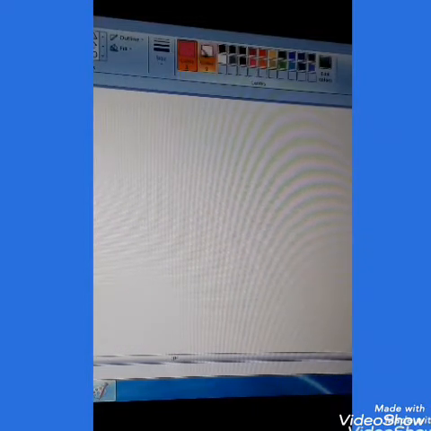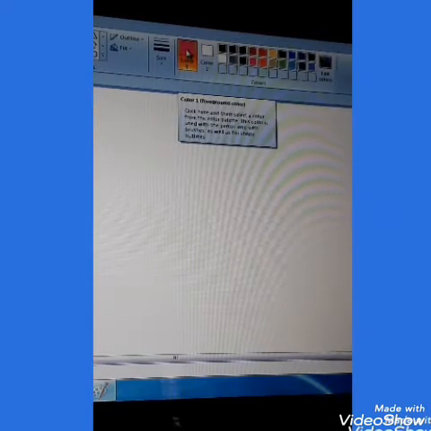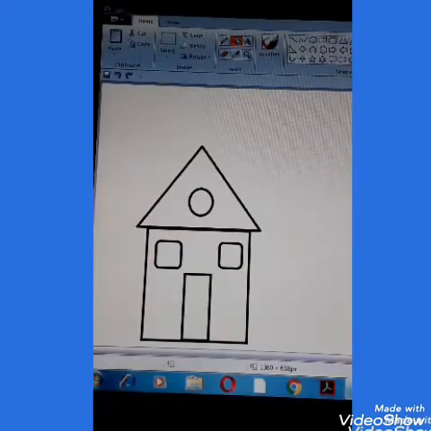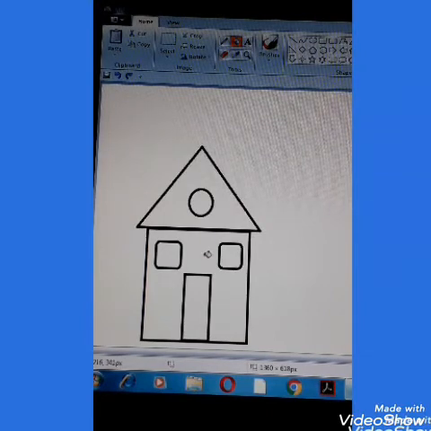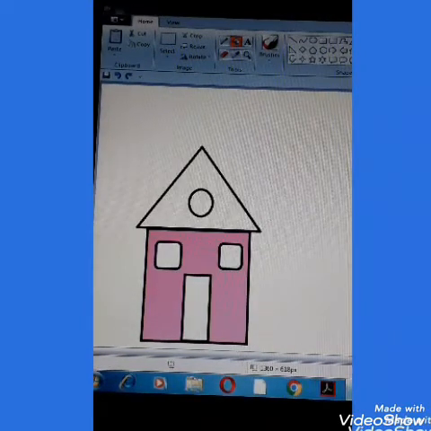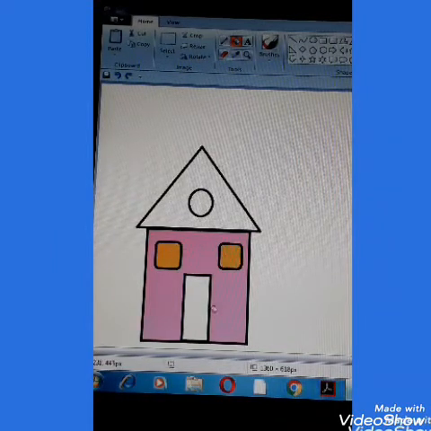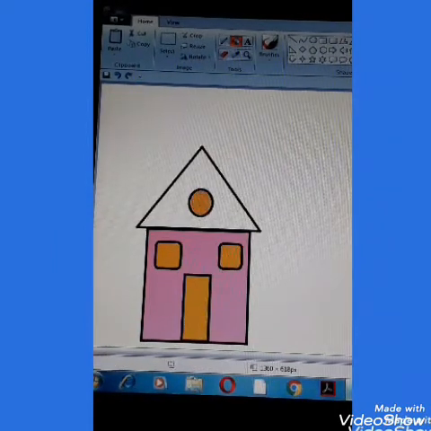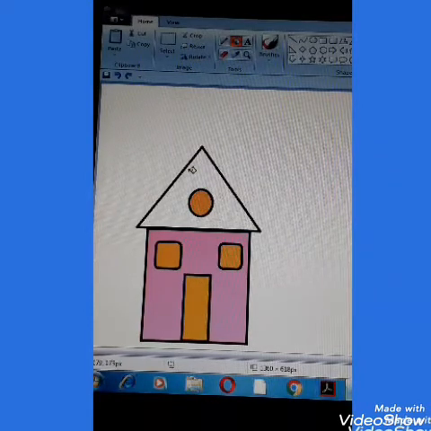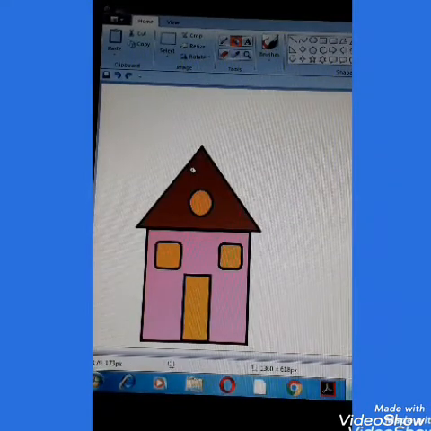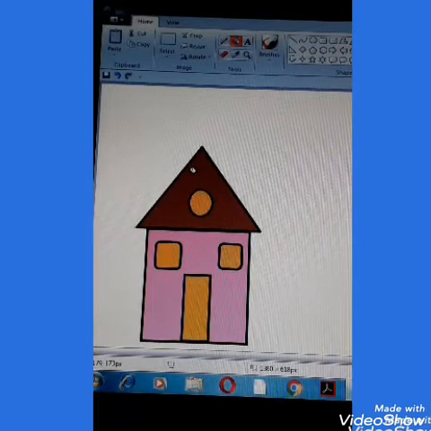Whenever you select, this will change. Now this way you have to click here and color. One more color you can choose and color the different parts. Okay, so now our house is over.